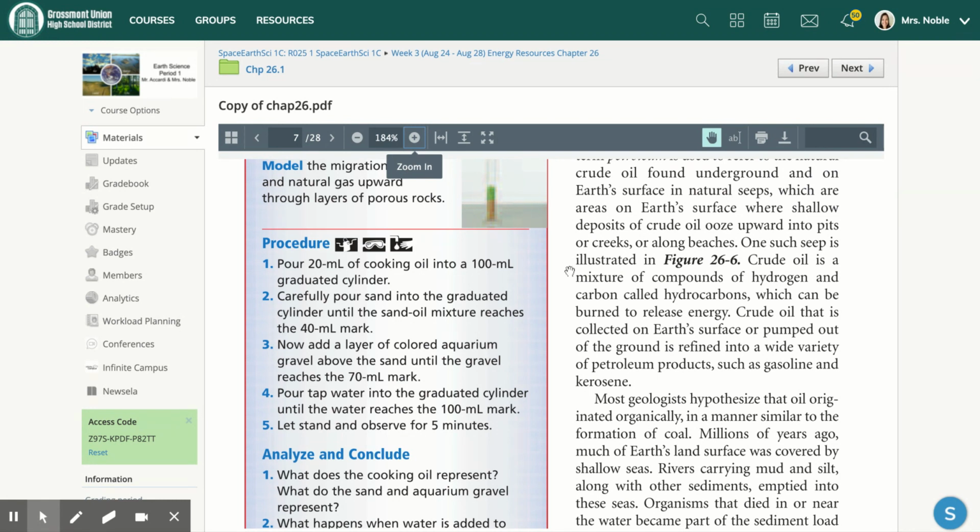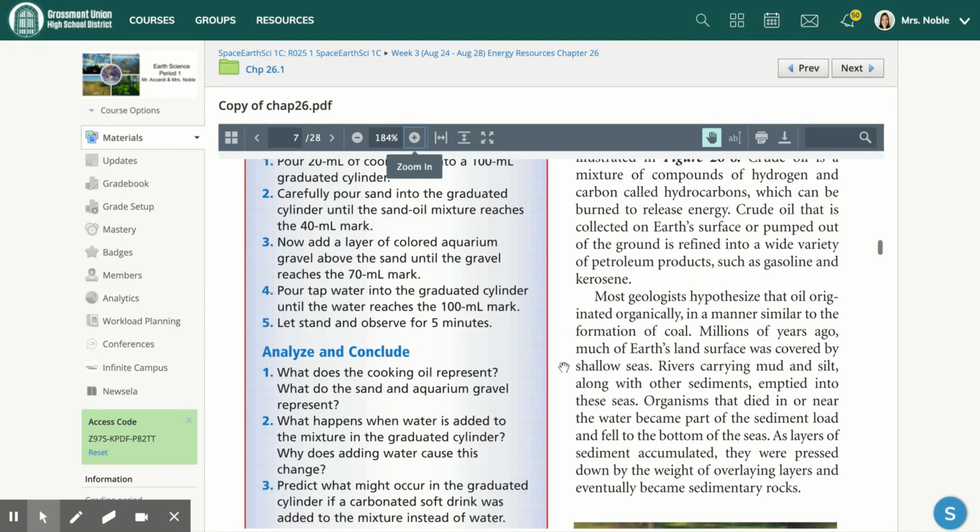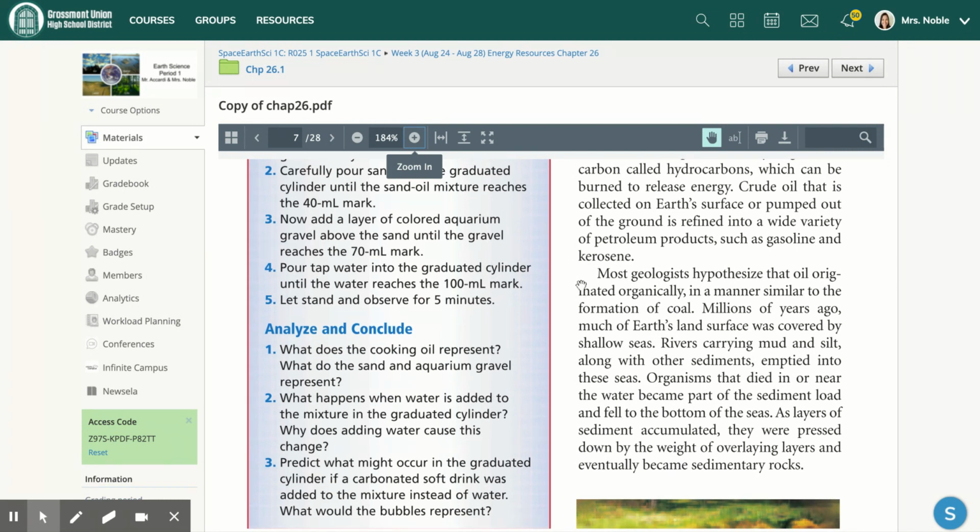Crude oil is a mixture of compounds of hydrogen and carbon called hydrocarbons, which can be burned to release energy. Crude oil that is collected on Earth's surface or pumped out of the ground is refined into a wide variety of petroleum products such as gasoline and kerosene. Most geologists